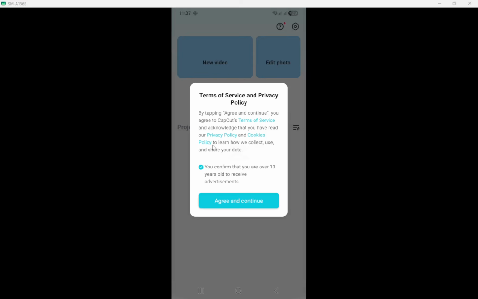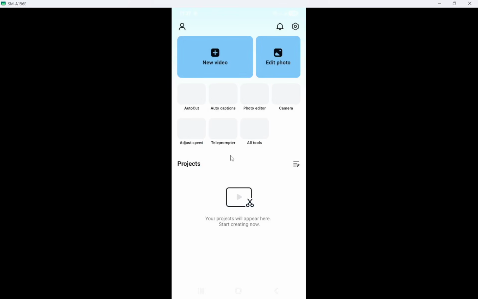Remember, only download apps like CapCut from the Google Play Store. This is your best defense against downloading potentially harmful software. APK sites might seem tempting, especially if you're having trouble with the Play Store, but they can be unsafe. It's always better to stick with verified sources.